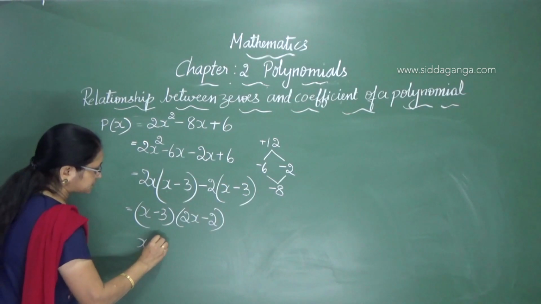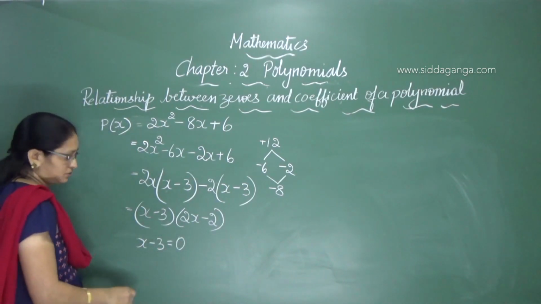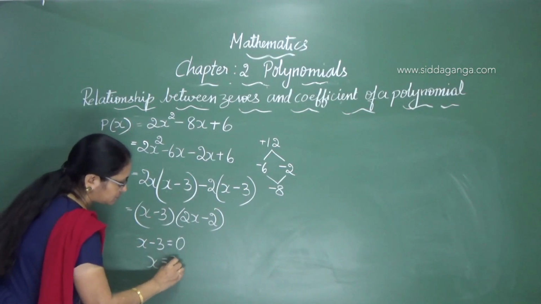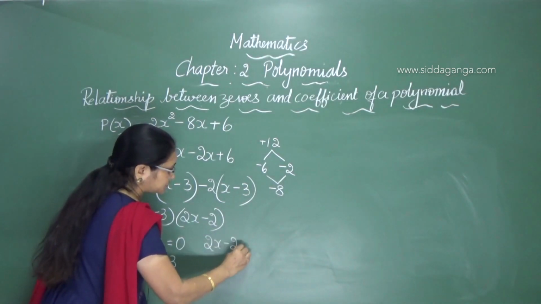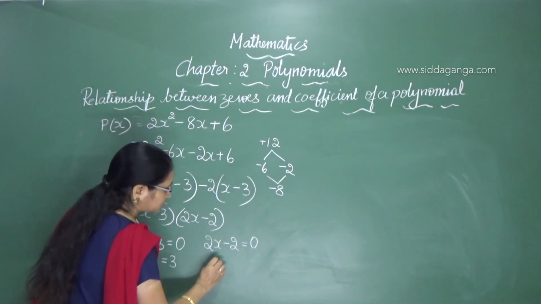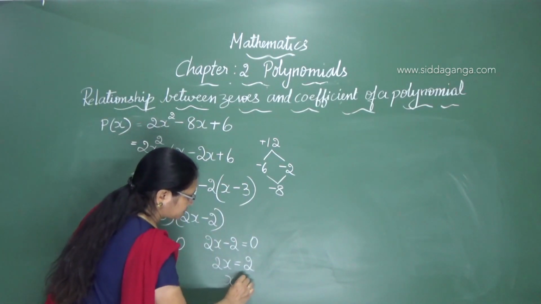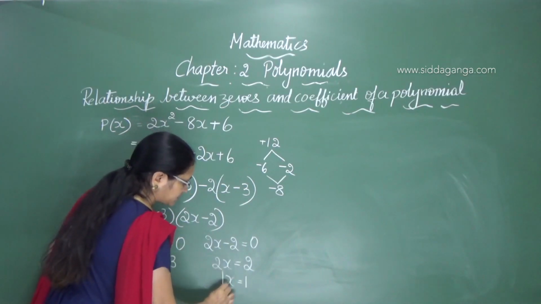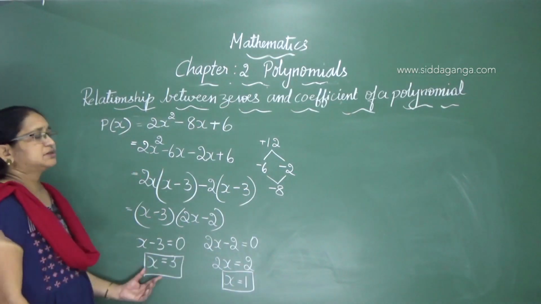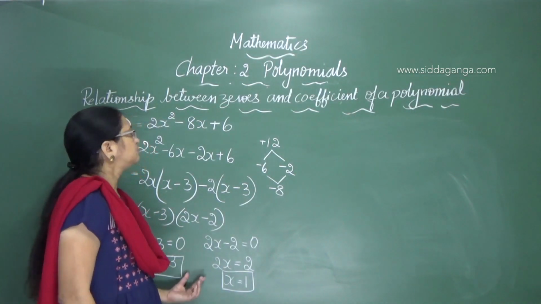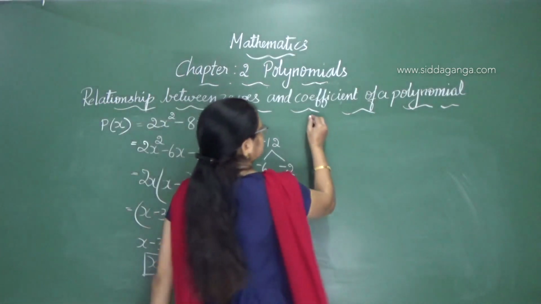Now to find the zeros, x − 3 should be equal to 0, so x will be equal to 3. Then 2x − 2 is equal to 0, so 2x is equal to 2, x is equal to 2 by 2, it is 1. So x is equal to 1 and x is equal to 3. They are the zeros of the quadratic polynomial 2x² − 8x + 6. So I will write, therefore,